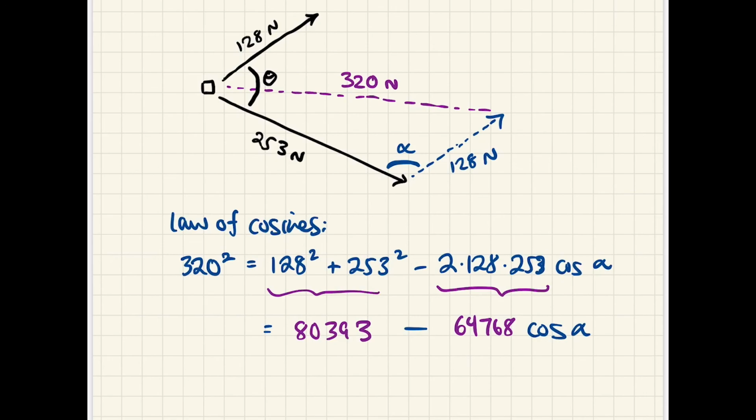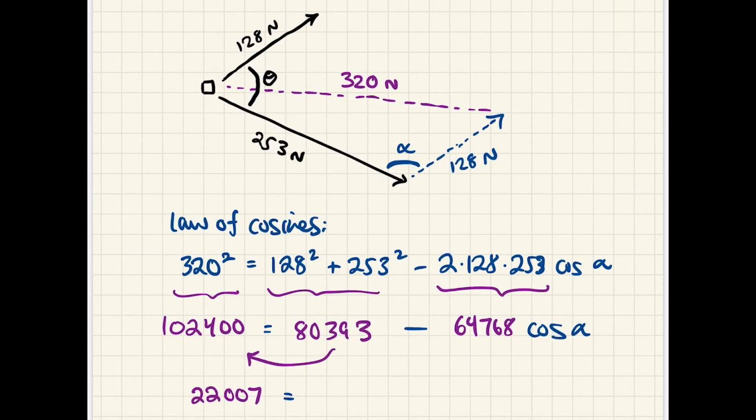And 320 squared, which is 102,400. Okay, now we can subtract the 80,000 figure here from the 102,000, and I get 22,007